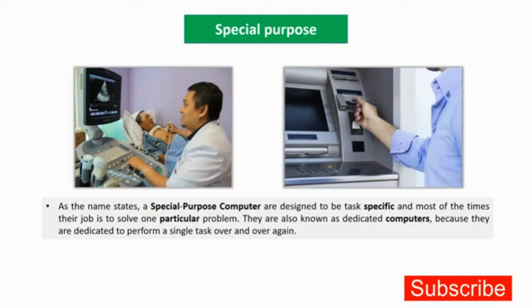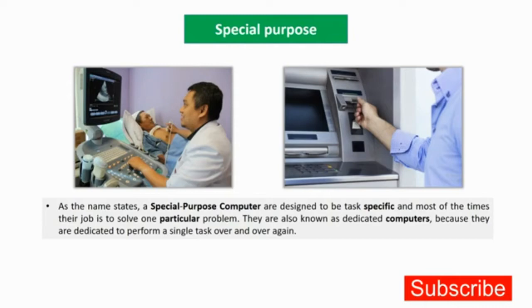So that's the general purpose that I spoke of before, and this is a special purpose computer, which is only meant for special work. Another example is your washing machine, a fully automatic washing machine that I'm talking about. You just have to set the program, and according to the program you have set, the washing machine will take the water, it will spin, it will dry, it will do all the work, isn't it?